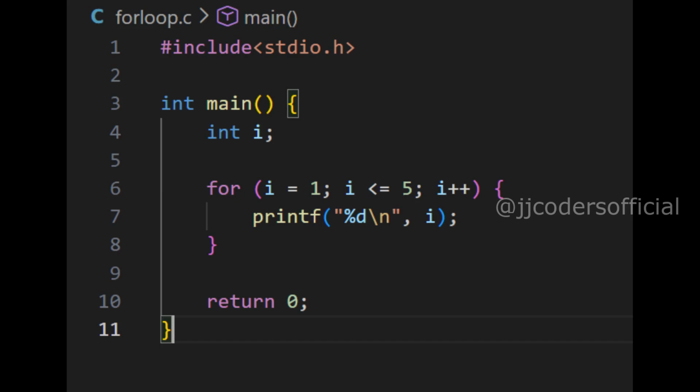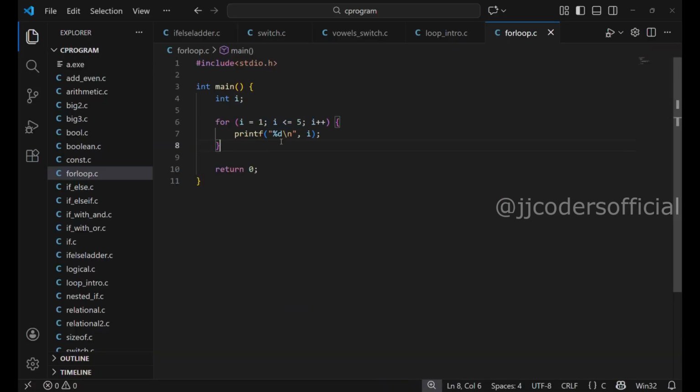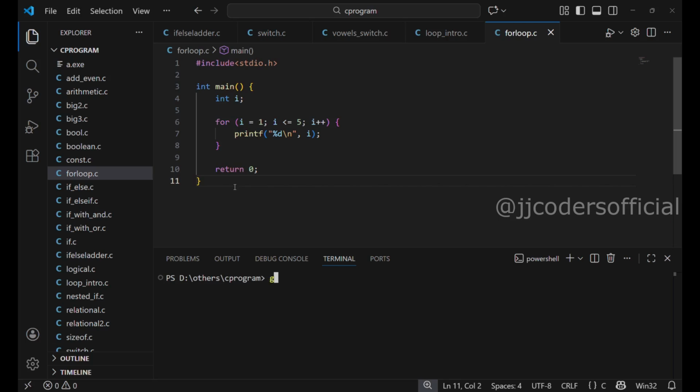The process repeats until the condition fails. The condition will fail when the value of i is greater than 5. And when the condition fails, the loop will be skipped and it comes to line number 10 and stops the program. To check this output, let's save the program, and to compile it, let me open the VS Code terminal